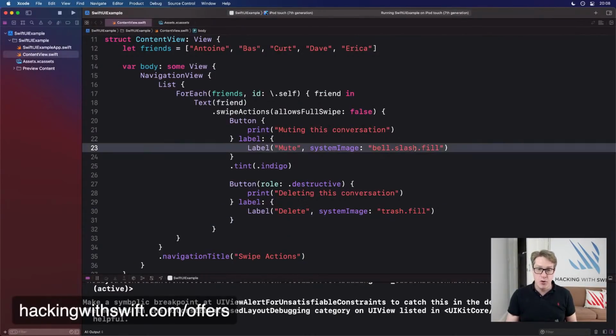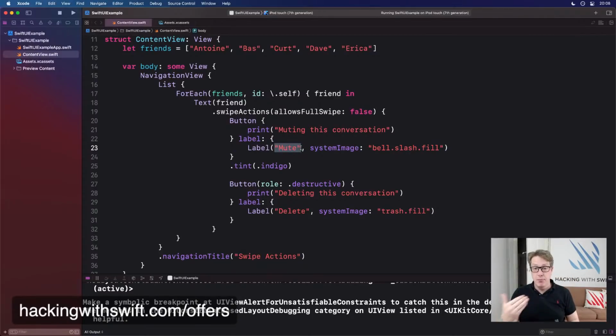And so it basically switches across to an icon-only label style, showing just bell.fill and trash.fill automatically. So it's reading the context for us, which is really, really nice. I believe it will still use the label's text for VoiceOver. So it will say mute and delete correctly, which is what we want, really.